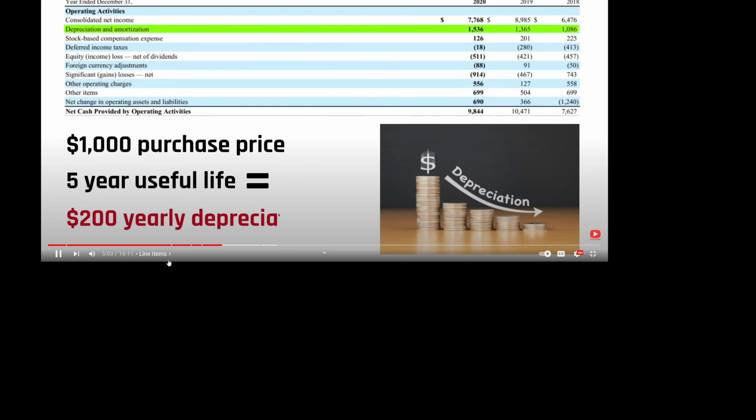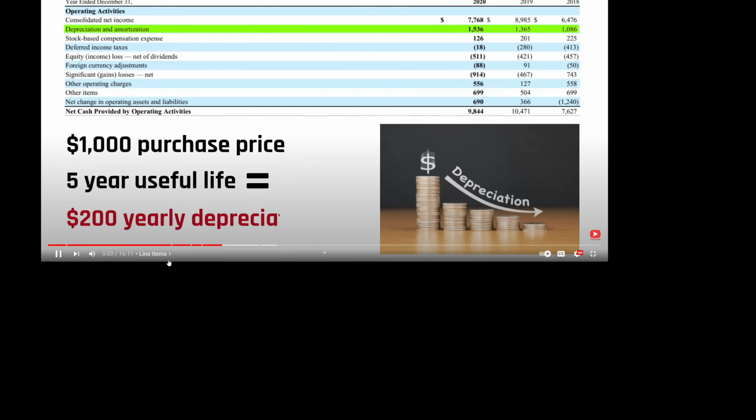However, Coca-Cola paid for the $1,000 piece of equipment in cash up front, so the $200 annual depreciation expense is considered a non-cash expense because no additional cash is leaving the business each year. As a result, the depreciation and amortization expense for the year needs to be added back to the net income when we are calculating cash from operations. I know that may not make a ton of sense, but trust me, I could do an hour-long video on the topic of depreciation just by itself, so this quick, high-level overview of it is all you really need to